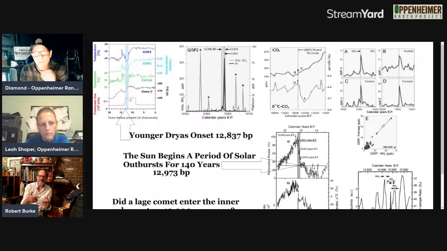Yeah. Then if you determine you found a shape that looks like an impact, then you look for all these proxies that I'm showing you here. You look for a platinum spike. You look for NH, an ammonium spike. You look for CO2 spikes. You look for a carbon 14 spike. You look for spikes in everything that's cosmogenic, and you haven't looked for any of that.